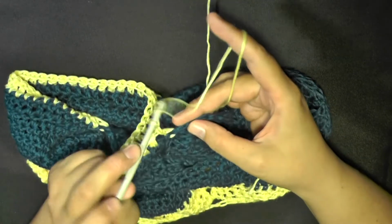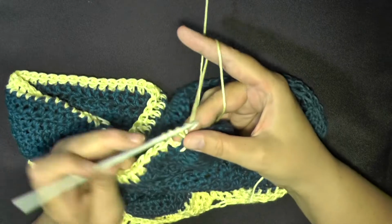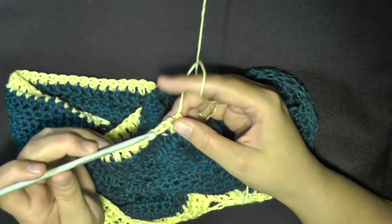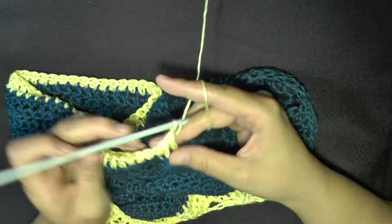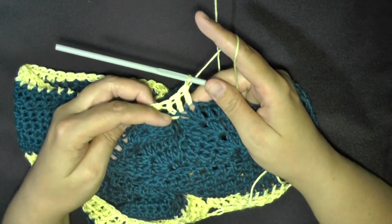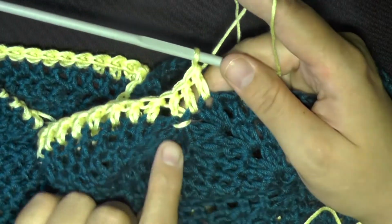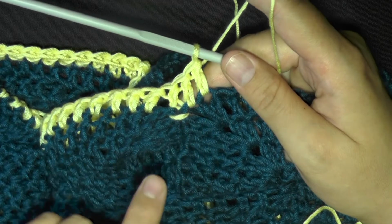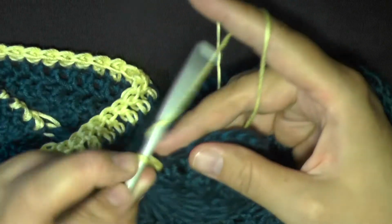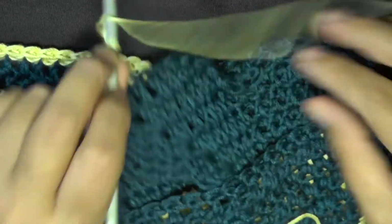You're just opening up, and I'm doing again in the stitch right next to the corner. So you have a stitch connecting here. Get a little closer here. This is the stitch from one corner to the next corner, and then right in the next stitch a double crochet, and just do that all the way around until you get back up to the beginning,